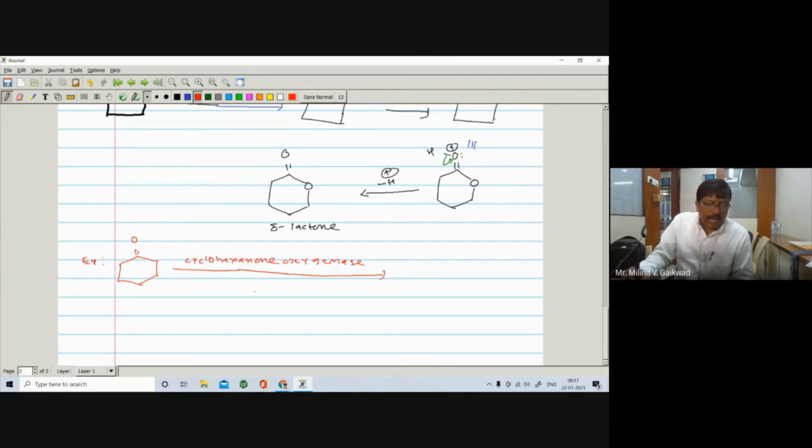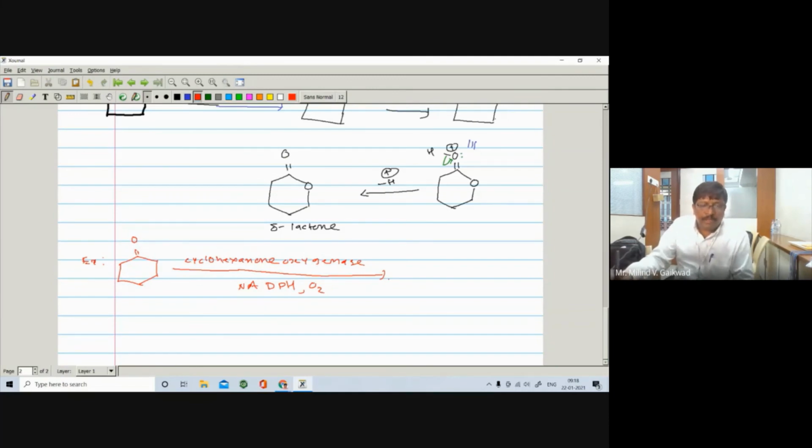Okay, and that is NADPH. It gives oxygen. Instead of using the reagent, we are using the enzyme, and it converts cyclohexanone into the corresponding one with the size of ring increased by one, that is